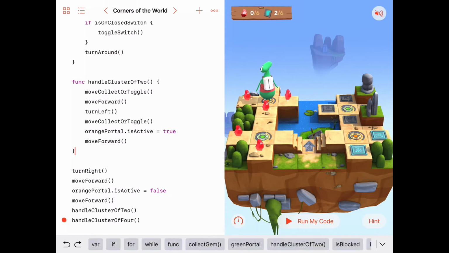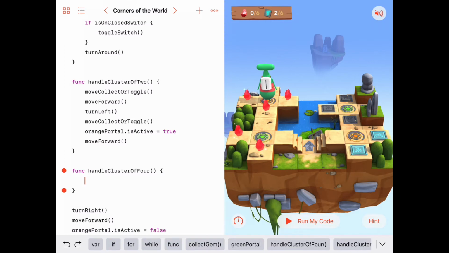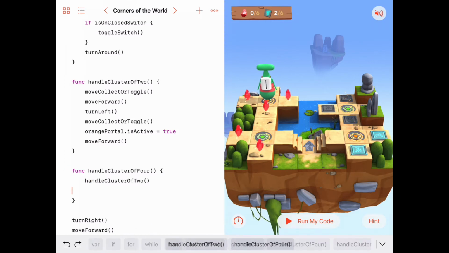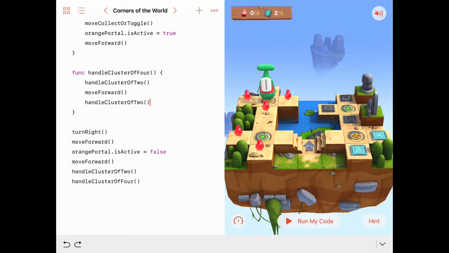Handle cluster of 4. We want to be func, just 2 calls to handle cluster of 2. Okay, so we'll call it first handle cluster of 2, and then since we took our move forward out of there, we're going to have a move forward in between those, and then we'll call our other handle cluster of 2, and we'll see what happens. Now, I can already see what problem we may have here. Well, a couple problems. First of all, after we do this and we move over there,